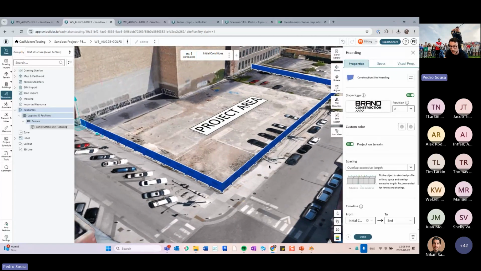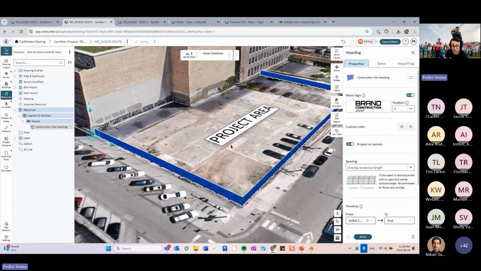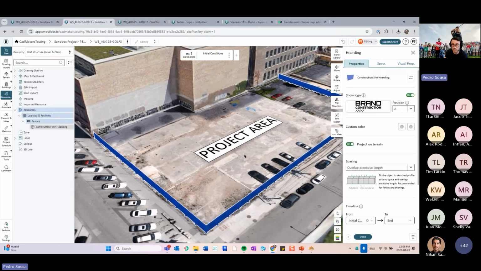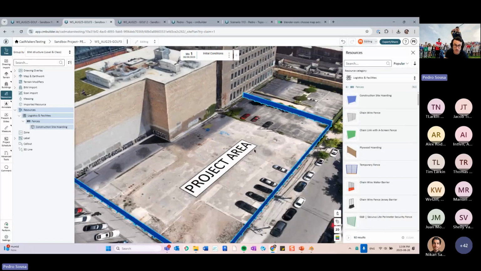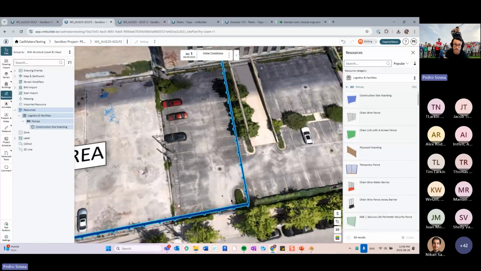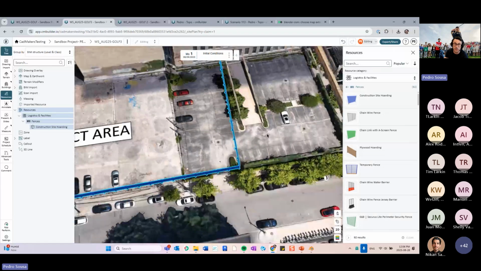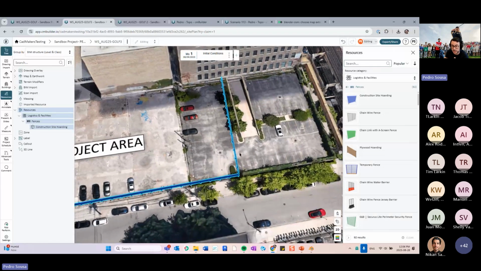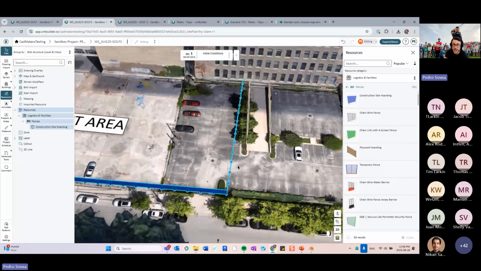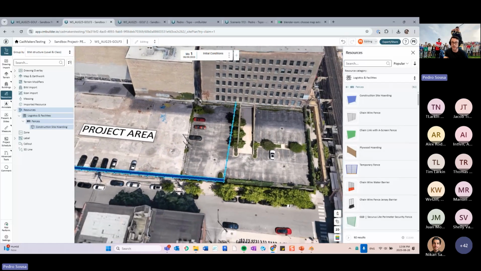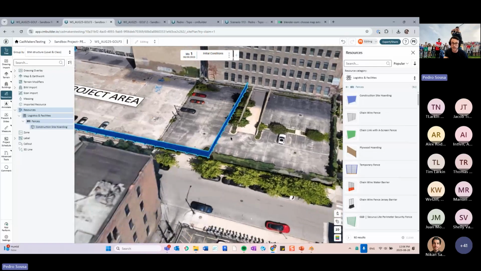Do I need to protect the sidewalk for overhead protection? Do I need to put some gantry hoarding over there? Like what else do I need to manage over here? For example, what's happening with the access for this other area over here? Can I block this? If I can't, how can I safely manage access to the existing building while having my